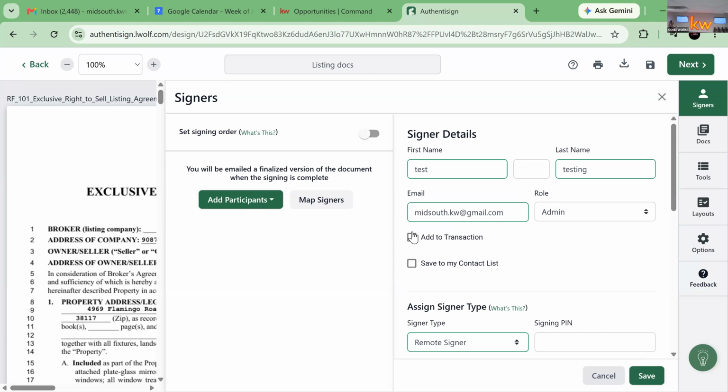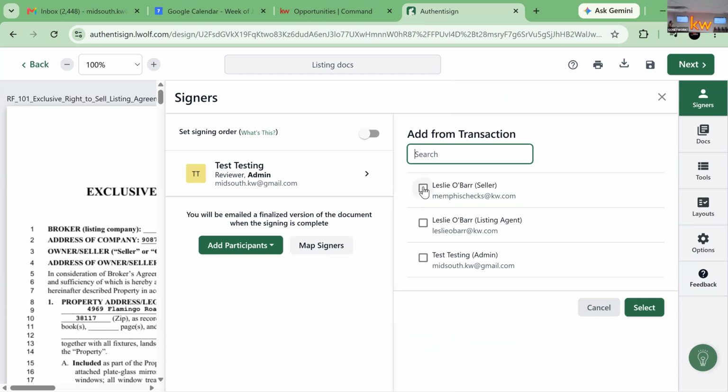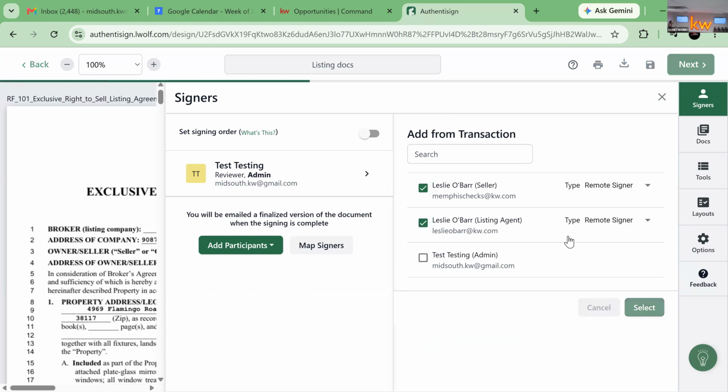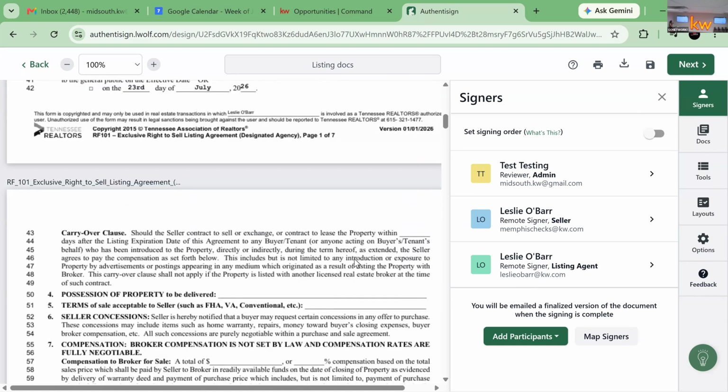You can also automatically add them to the transaction when you add them here as well. And so I'm going to change their type from remote signer to reviewer. And so now you have, oh, I forgot to check everyone else. So we're going to add all these people. And then it will go ahead and